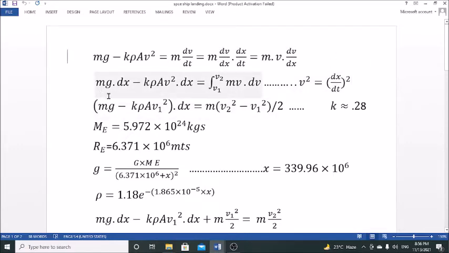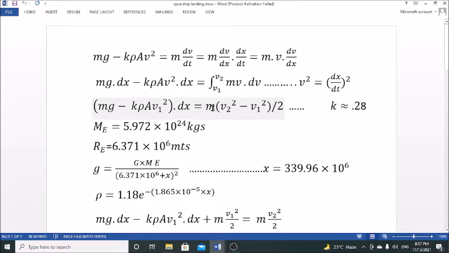Again, rewriting our equation, mg and multiplying all through by dx to get rid of the denominator here, we have mg into dx minus k rho a v square times dx, integrating from v1 to v2 of mv dv. We have multiplied both left and right hand side of the equation by dx. The integral, of course, of mv dv